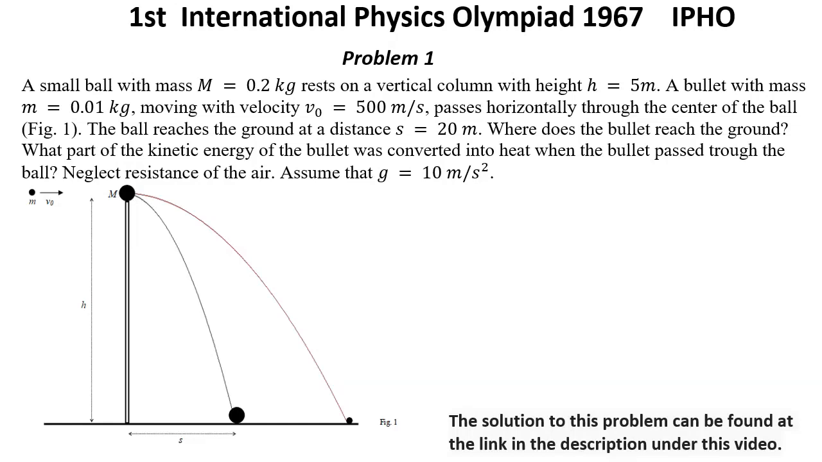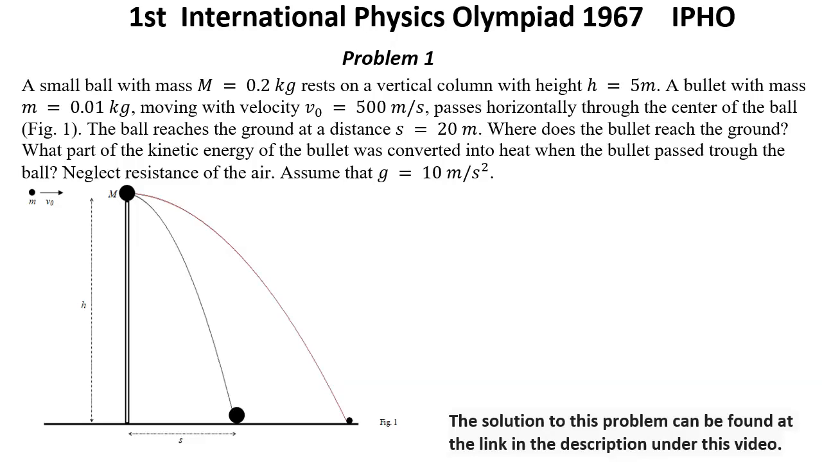First International Physics Olympiad, year 1967, IPHO. Problem number 1. A small ball with mass big M equal 0.2 kg rests on a vertical column with a height h equal 5 meters. A bullet with a mass m small equal 0.01 kg moving with the velocity v0 equal 500 meters